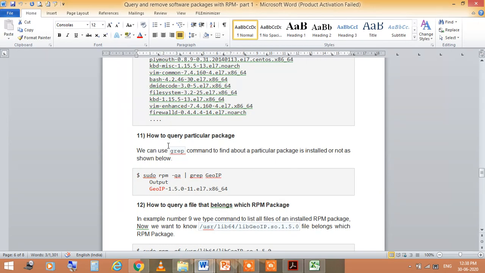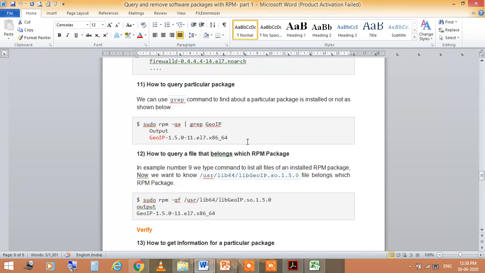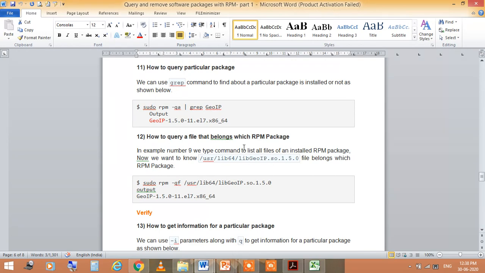The next is how to query a particular package. For this you need to type the grep command to find out whether a particular package is installed or not. If that package is installed, it will show on your screen, otherwise it will not be shown. Okay. So the next is how to query which RPM package a file belongs to.